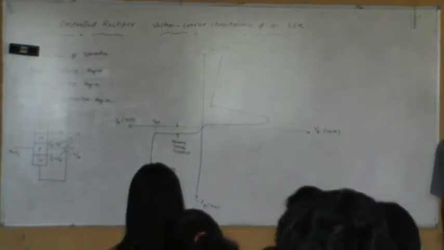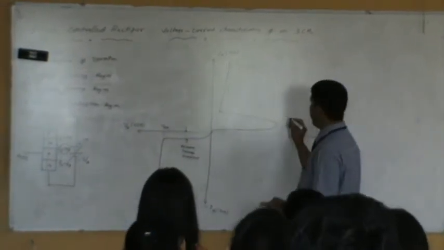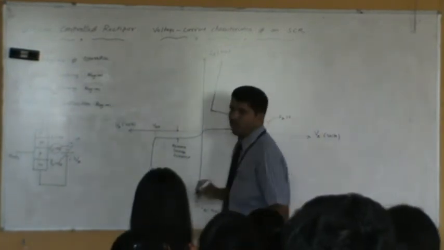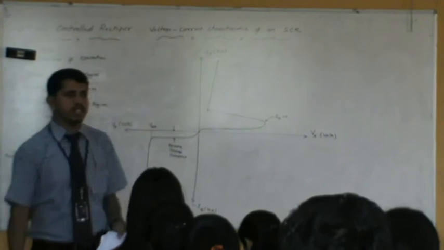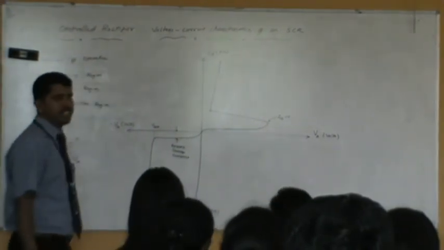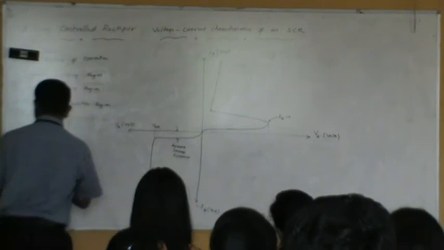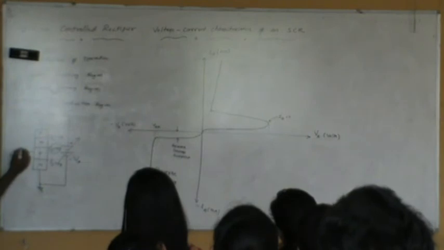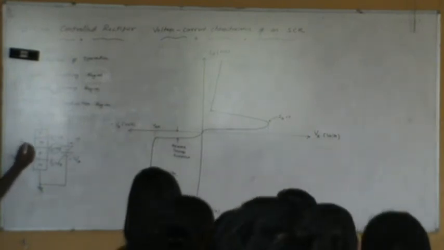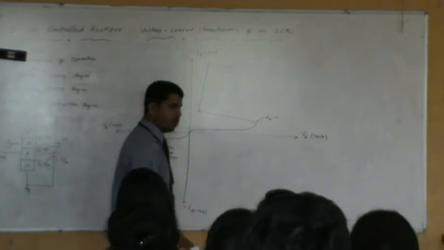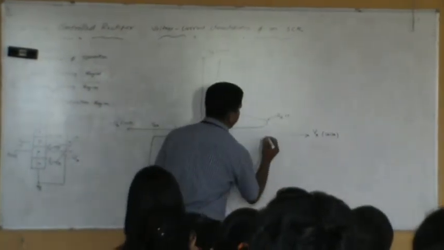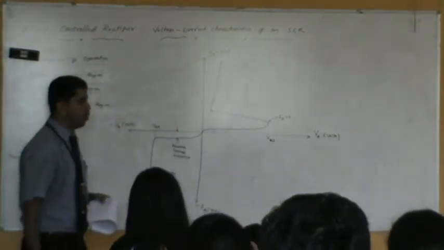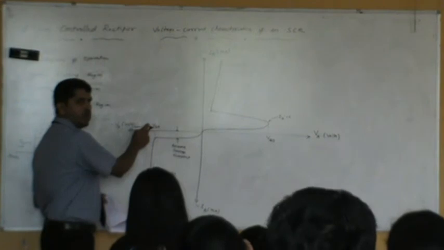That means this is without application of gate voltage. Actually, write it here. This is for Ig as 0. I am not showing voltage there; instead of showing voltage, I will show current Ig. Ig is nothing but gate current. Since Vg is between the gate and ground, the voltage applied is 0. Whatever current flows here, Ig, is 0. When Ig is 0, it has taken a large time. This particular voltage, let me call it VBO, forward breakover voltage.